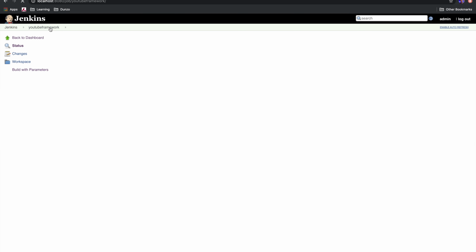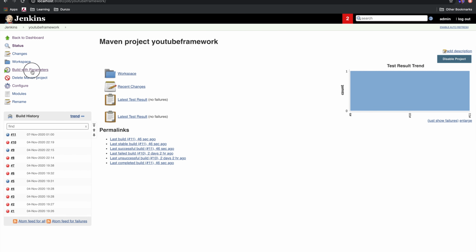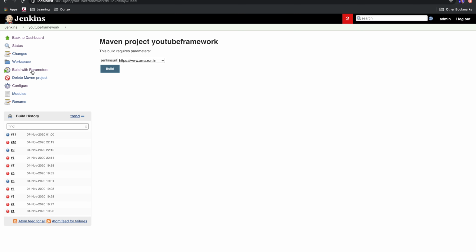So now if I want to run it on amazon.com, I will just go to Build with Parameters and I will click on amazon.com, and then again I will click on build.